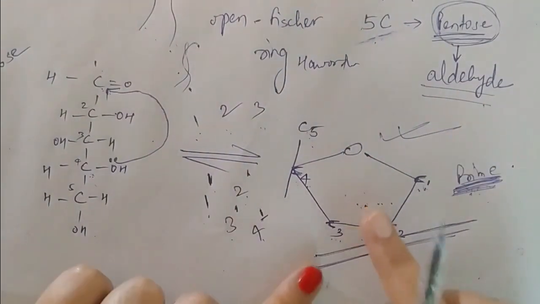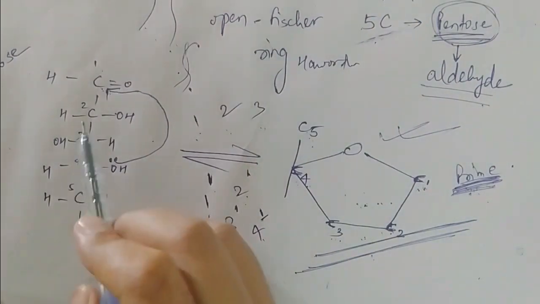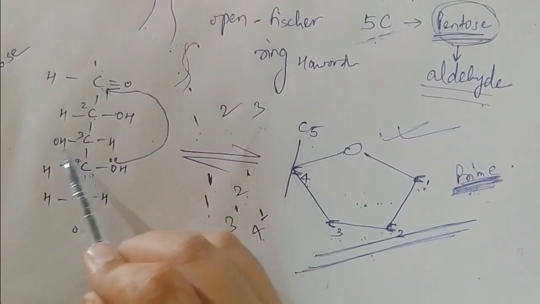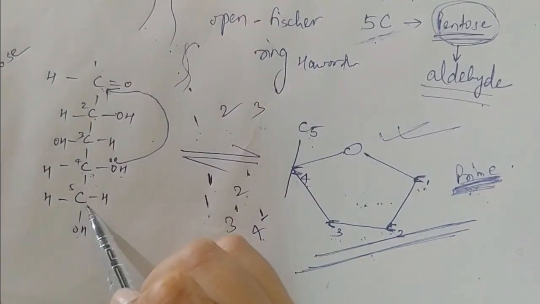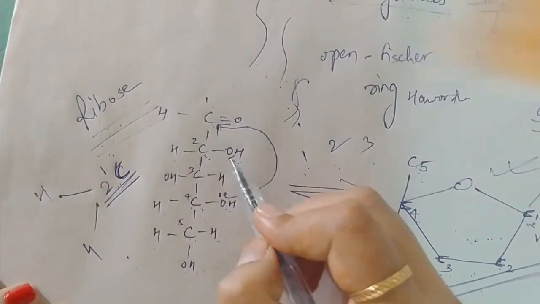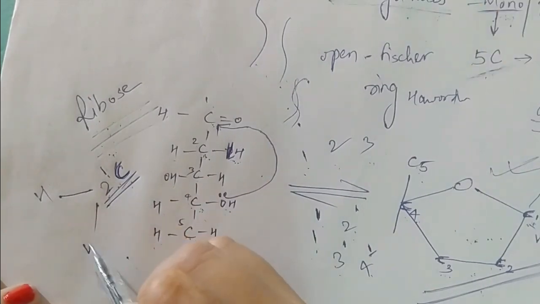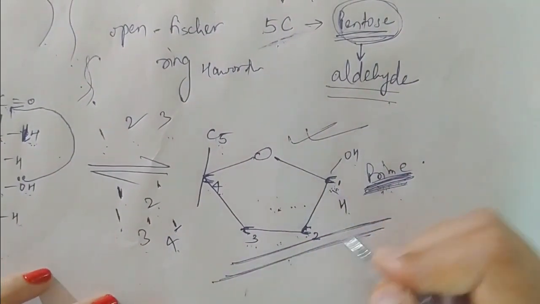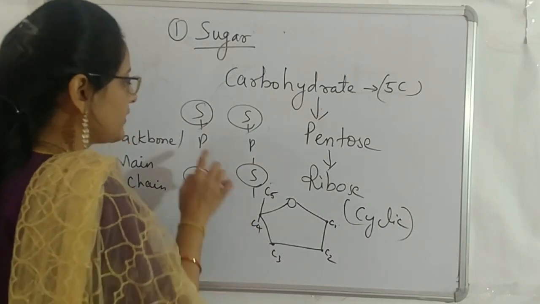Now, this sugar which is found in DNA is devoid of OH at the second position. See, this is a normal ribose. It is having OH at the second position, then OH at the third position also, OH at the fourth position also, and OH at the fifth position also. But the ribose which is found in DNA is not having this O at the second carbon. So the second carbon, that is the 2 prime carbon, is having only 2 H. So when I draw this in ring form, carbon number 1 will have OH and H, carbon number 2 will have H and H. So this sugar is now bonded with phosphate.